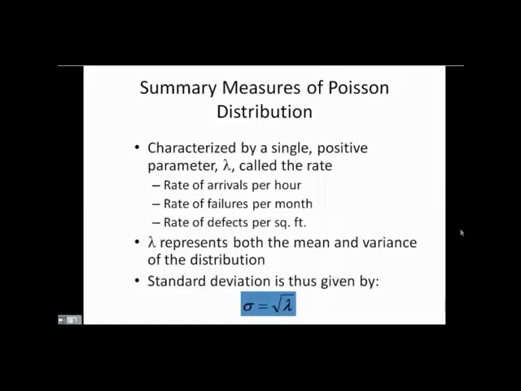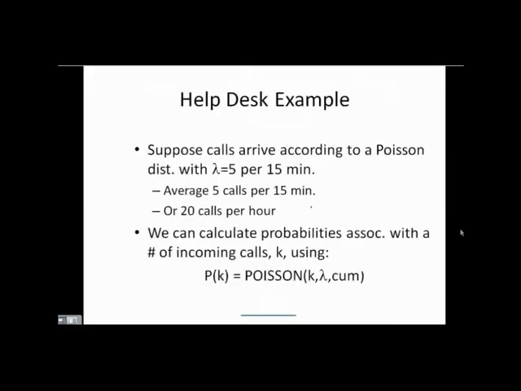All right, well, let's see how we would get this to work. And we can do this looking at an example of calls coming into a call center or a help desk. Supposing we had calls that arrive into this help desk according to some Poisson distribution with a lambda equals 5 calls per 15-minute period. So on average, we get 5 calls coming in per 15-minute period. And you could think of that in minutes, or you could convert that to hours. So 5 calls are coming in any 15-minute period, and you have 20 calls coming in per hour.